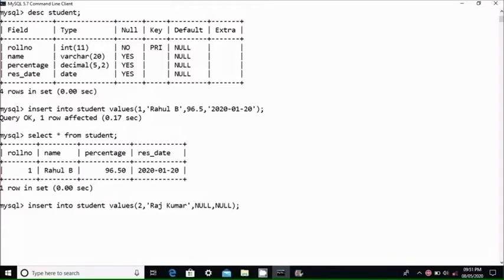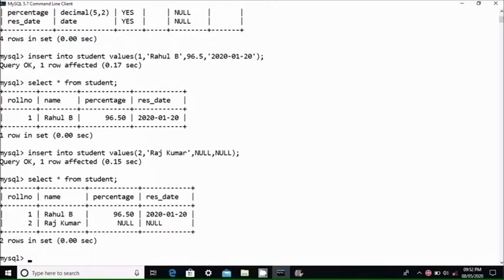After executing this command, null values will be inserted for the fields percentage and result date. Now we can check the table by using the SELECT statement. SELECT * FROM student. Null values are treated as missing or unknown data. Also, this null is not equal to 0.